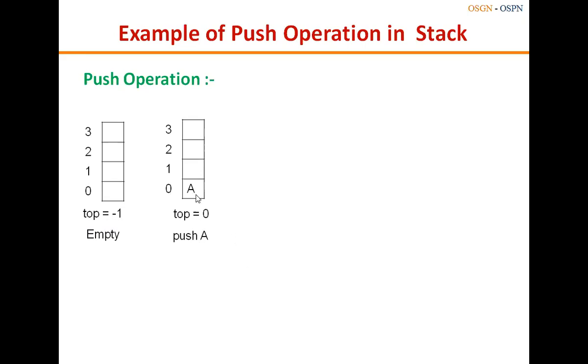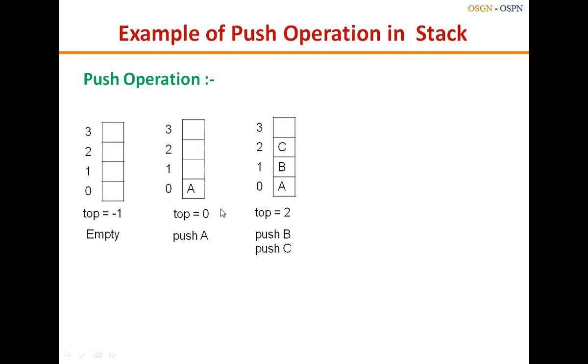Now insert it. Then next, push B and push C. Two things we have to do. So what will I do? Increment top twice? If I increment top twice, I'll come here and this will be vacant. Tell me in proper order. First, I will increment top by 1, then I'll insert. It is not done at once. So first you have to increment top.